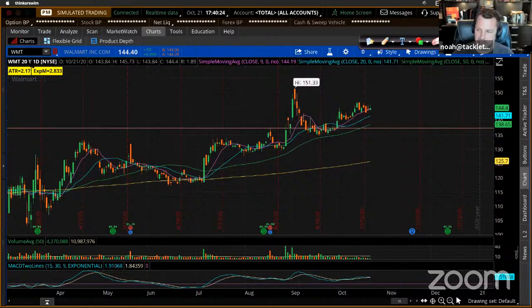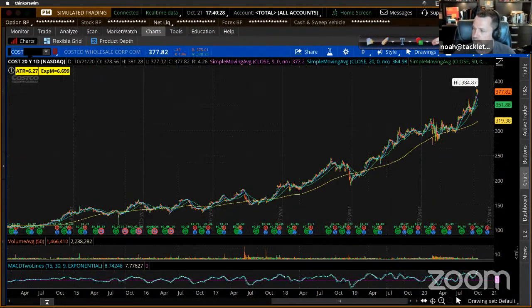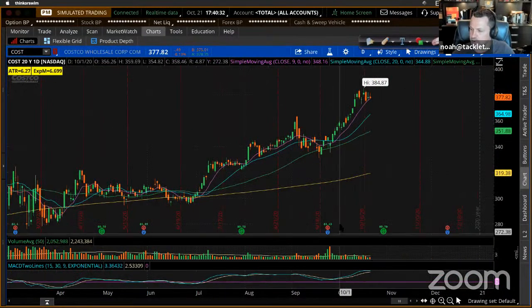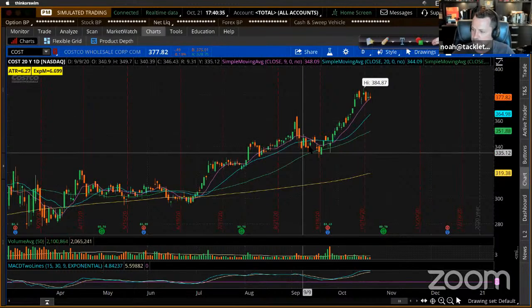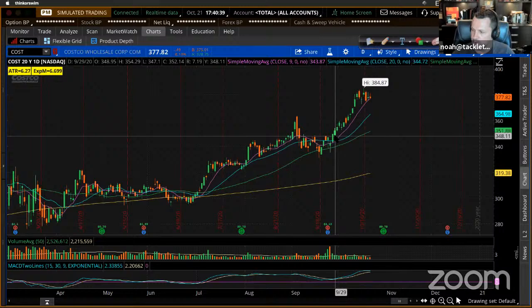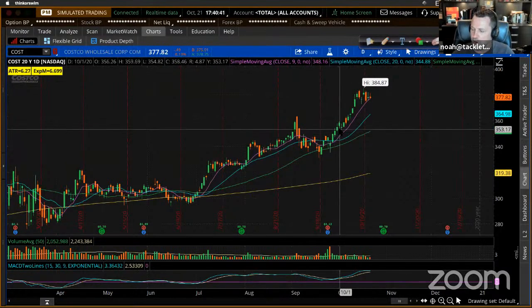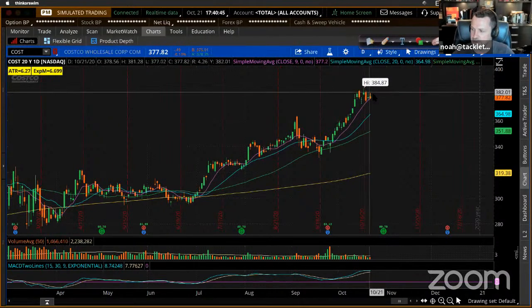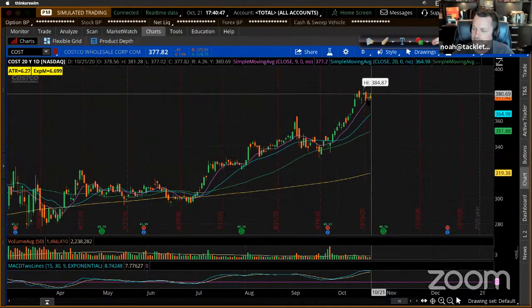Again, I can do the same thing on the Costcos of the world. Costco recently ripped up and shot through the roof, but same type of thing. I normally expect it to start to run in October. Here's the sell off. Boom, boom. And kind of a double bottom, inverted head and shoulders, breakout. Boom. There's no reason you couldn't be long heading into October, catching that run. Here's your inside consolidation again on the rising 9. That little inside